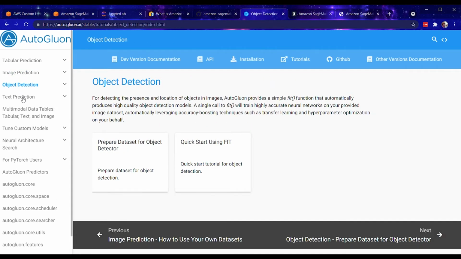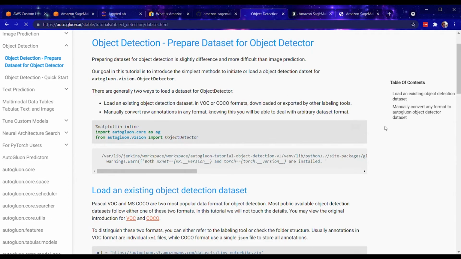So again, Autopilot, which is what we're going to focus on for the remainder of this demo, is designed for tabular data. So if you have a use case where you want to apply AutoML to imagery or text, AutoGluon is a great resource for that. So you can actually find these different examples that you can leverage off of the AutoGluon documentation webpage. So those are 2 resources for AutoGluon.